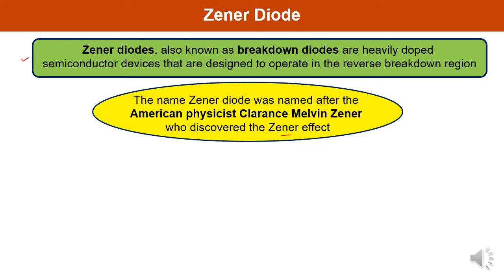The reverse breakdown of a PN junction may occur either due to the Zener effect or the avalanche effect. Zener effect dominates at reverse voltage less than 6 volt, while avalanche effect dominates above 6 volt. For the fabrication of Zener diode, silicon and germanium can be used, but silicon is preferred. Why is silicon preferred? There are two important factors. First is its higher temperature capability, and second is the current capability. That is why silicon is always preferred over germanium.